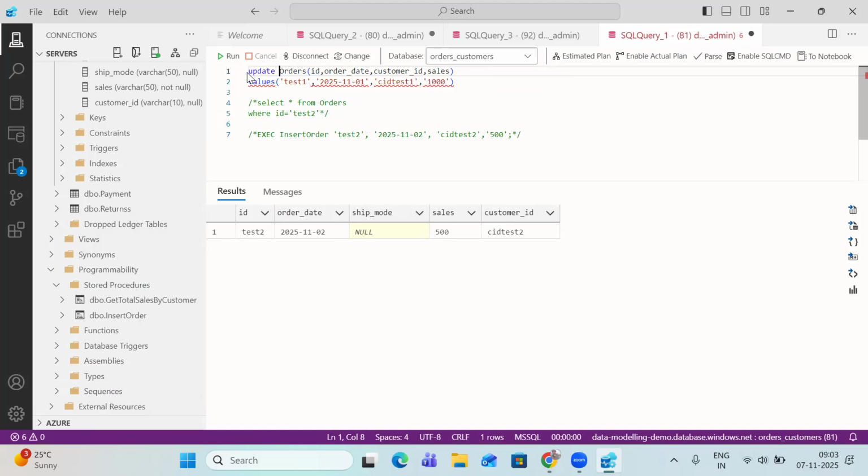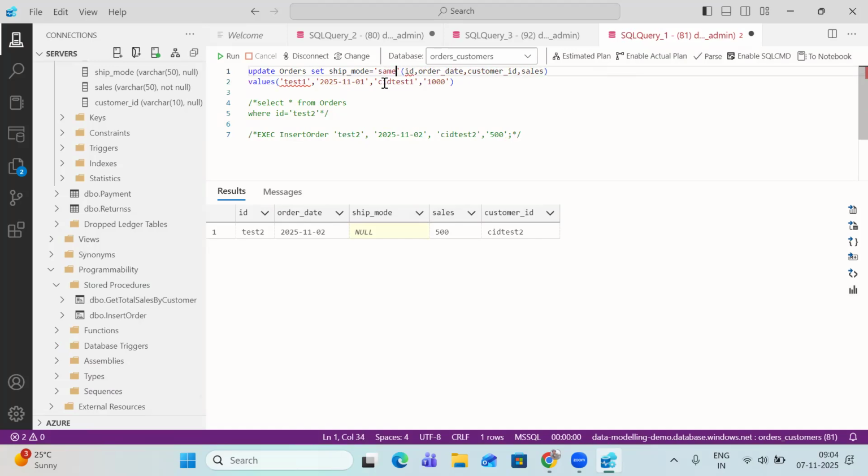Update orders, set ship mode. Now I have to provide this ship mode, and I'll be providing the ship mode only on the basis of some filters. Ship mode is equal to